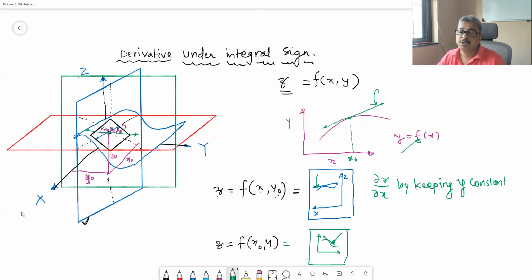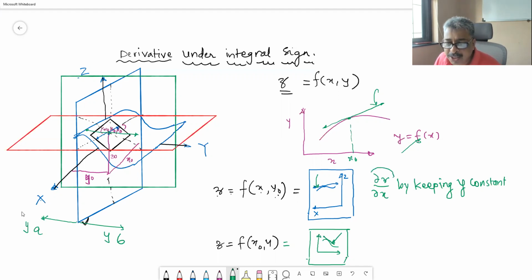Okay, and if I substitute in this value y is equal to y naught, I will get slope of tangent at that point. But if I just keep this ready, then for any y to be constant, what is the slope of tangent with respect to x? That means this blue plane is moving from here to here. If the handkerchief length is from A to B, then this y naught is moving from ya to yb, let us say. Okay, and therefore at any point if you want to find out the slope, you put that value of y naught or y1 or y2 or ya or yb, you get the slope at that point.